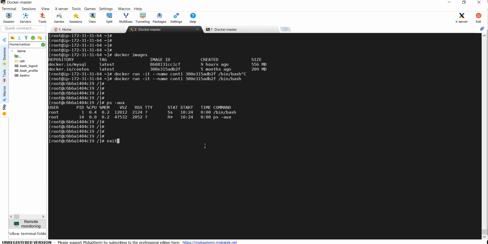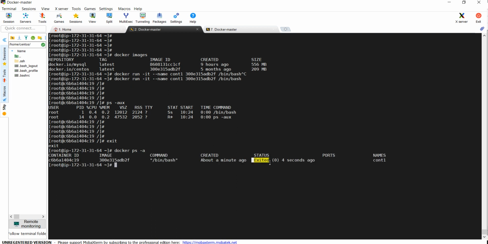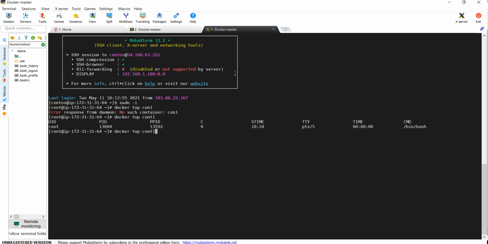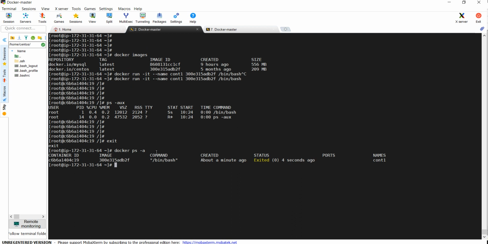Now I am inside the container. If I do exit, see what will happen. Now run docker ps -a. See, it is exited, which means the container is killed. Why? Actually there was only a single command running, the bin bash process. If you are in a shell and give the exit command, the shell exits and the process is killed.